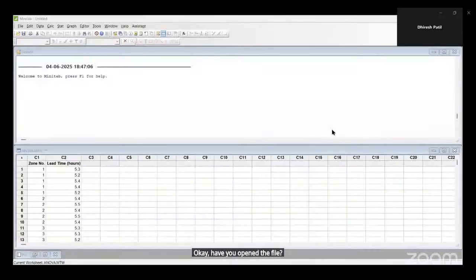Okay, have you opened the file? ANOVA wala file open kiya aapne? Just give me yes in the chat box.